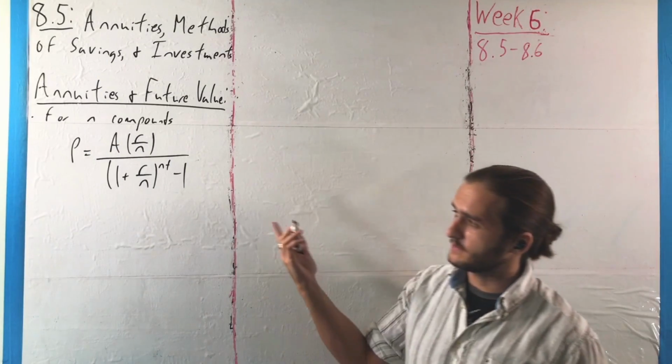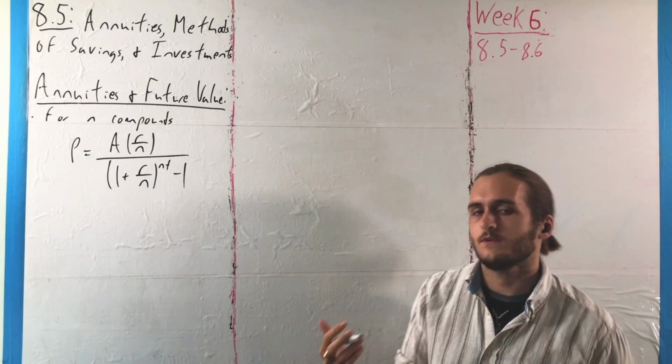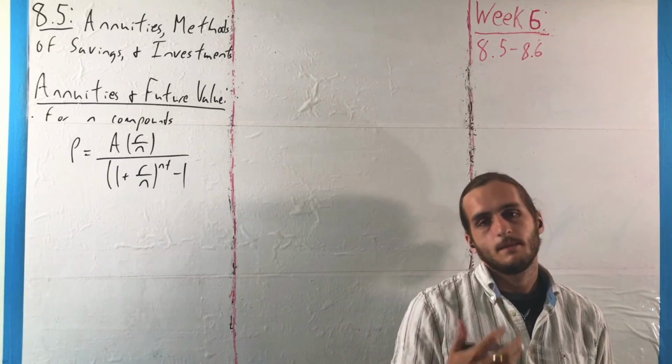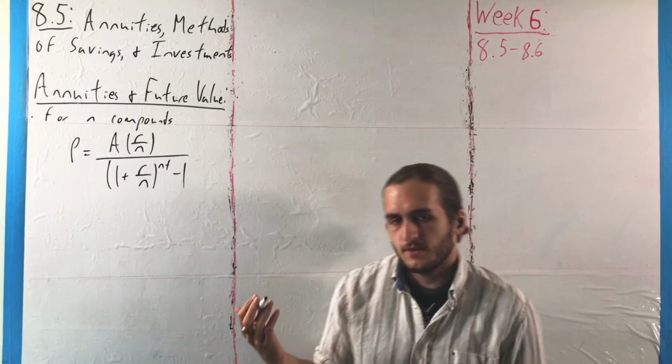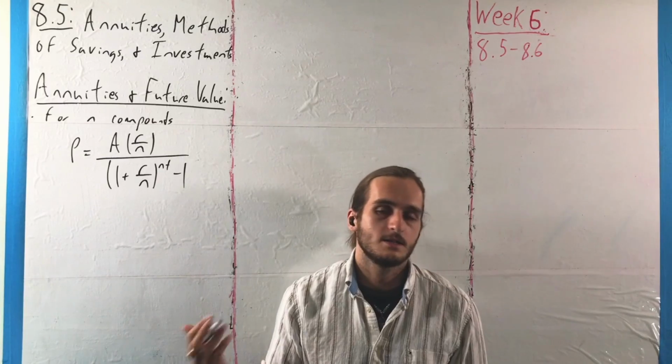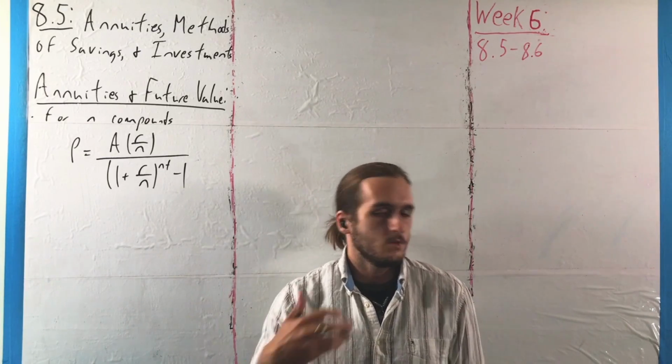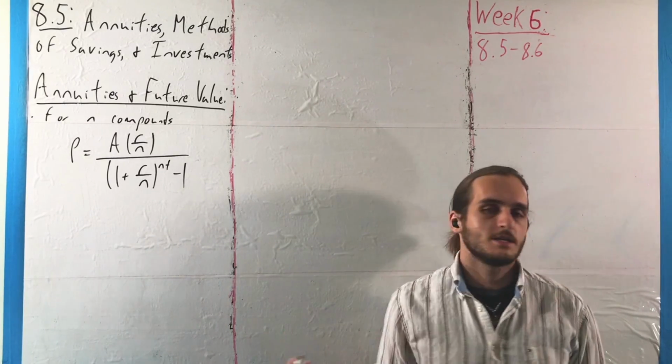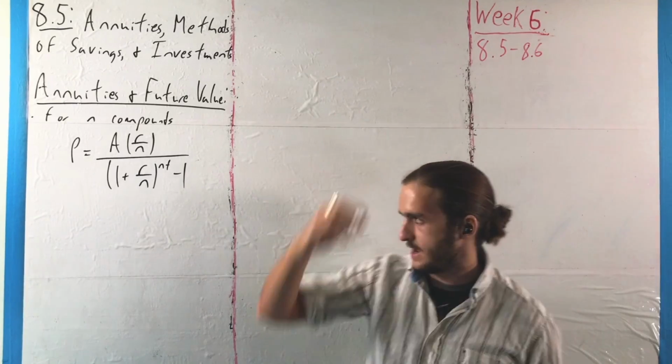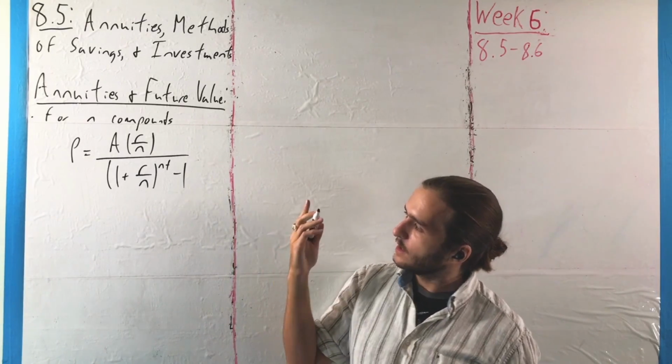Just like we saw in the last couple of sections, if we have a future value we want to hit and know the amount to invest to get there, we just have to flip everything around. If we divide something by P, we multiply it over to A. If we multiply something by P, we divide it over to A, and we essentially rearrange here where for